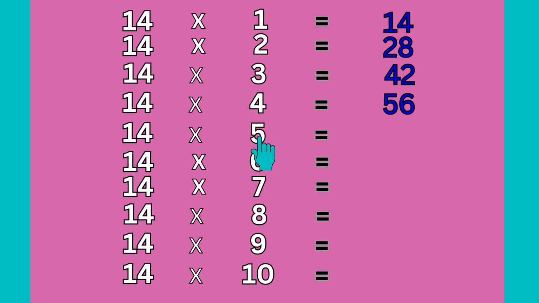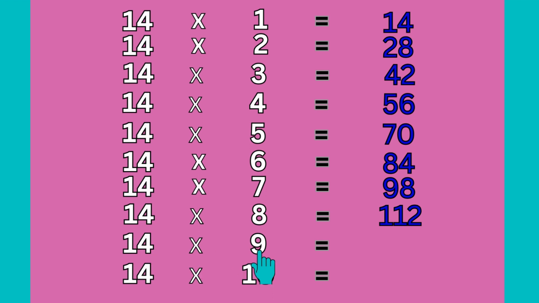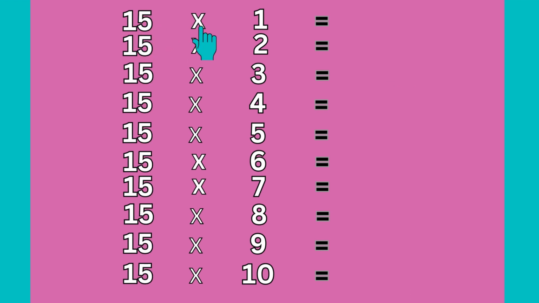14 fives are 70, 14 sixes are 84, 14 sevens are 98, 14 eights are 112, 14 nines are 126, 14 tens are 140. 15 ones are 15, 15 twos are 30, 15 threes are 45, 15 fours are 60,